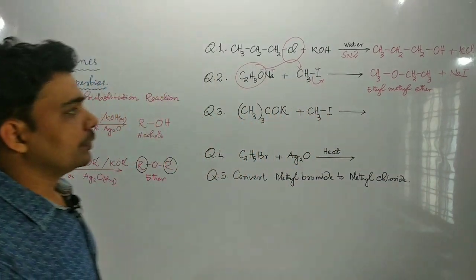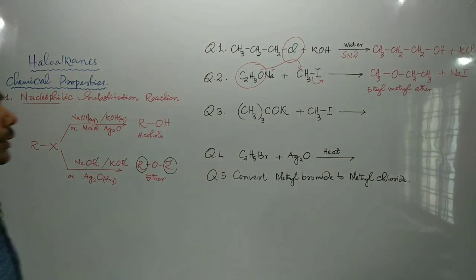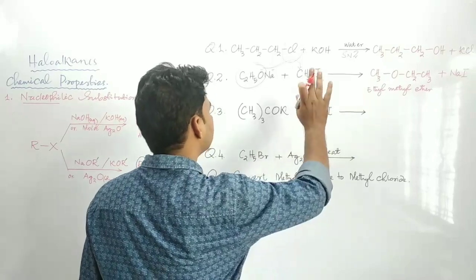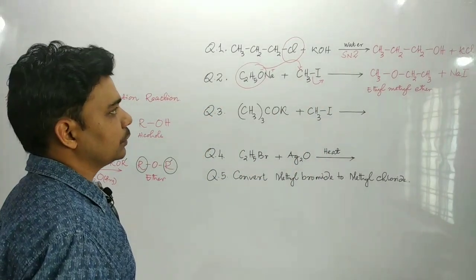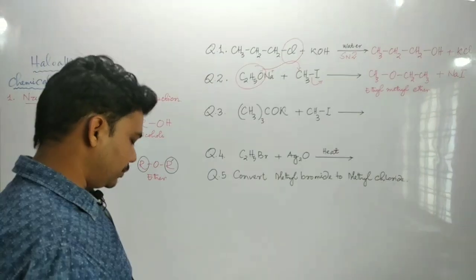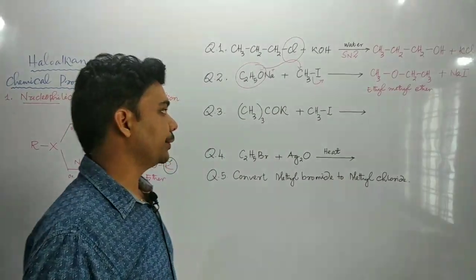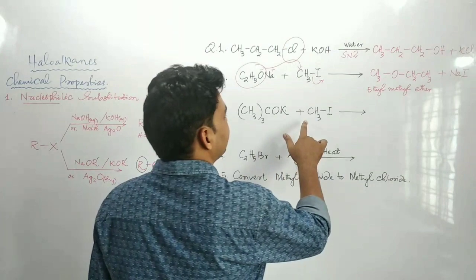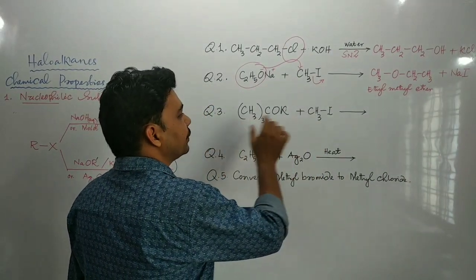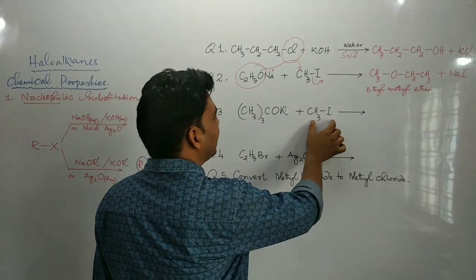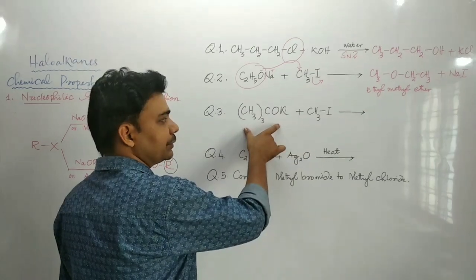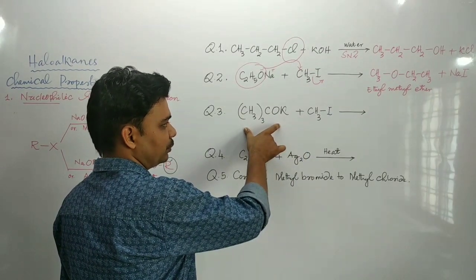This is also a nucleophilic substitution reaction. The substrate is a very simple substrate, primary. So the mechanism of this reaction is supposed to be SN2. Okay. Next, come to question number 3, where methyl iodide is treated with one of the alkoxides, potassium